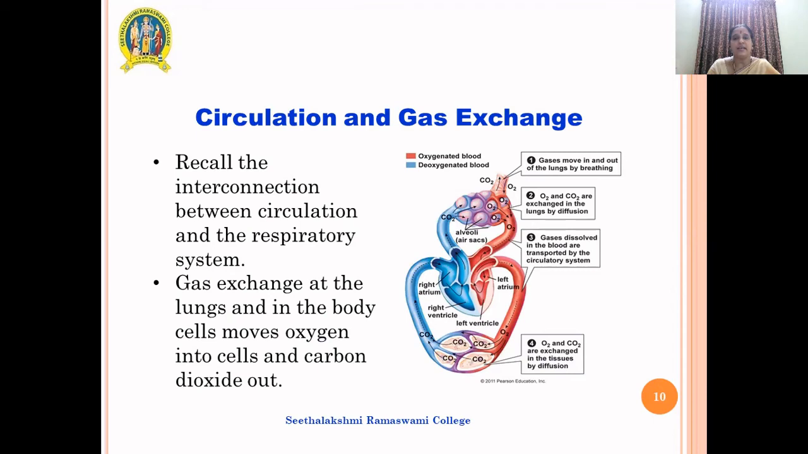Step 1, the gases move in and out of the lungs by breathing. Step 2, oxygen and carbon dioxide are exchanged in the lungs by the process known as diffusion. Step 3, the gases are dissolved in the blood and are transported by the circulatory system. Step 4, oxygen and carbon dioxide are exchanged in the tissues by diffusion. So the gas exchange at the lungs and in the body cells moves oxygen into the cell and carbon dioxide